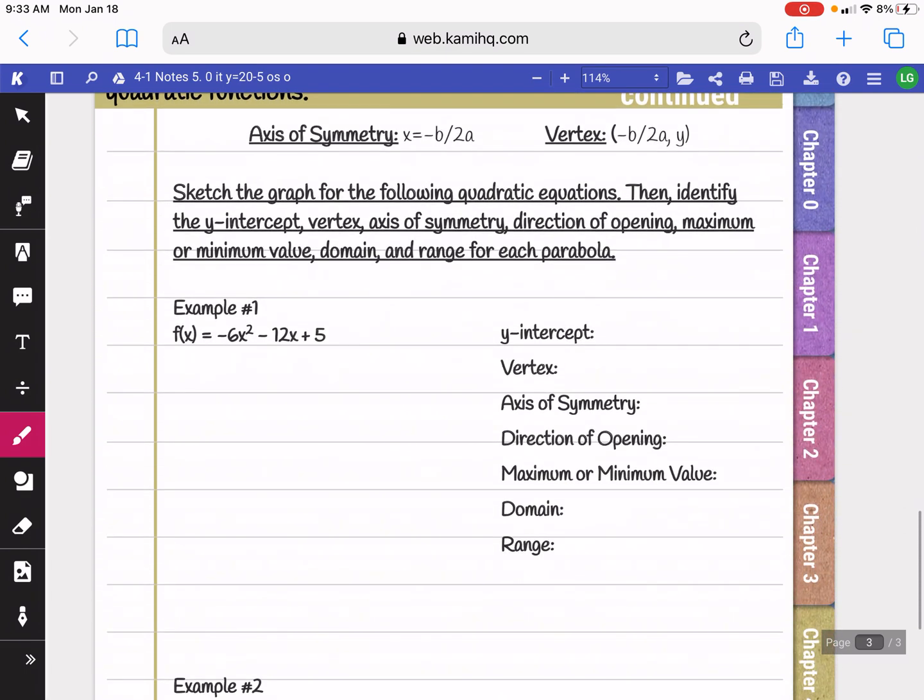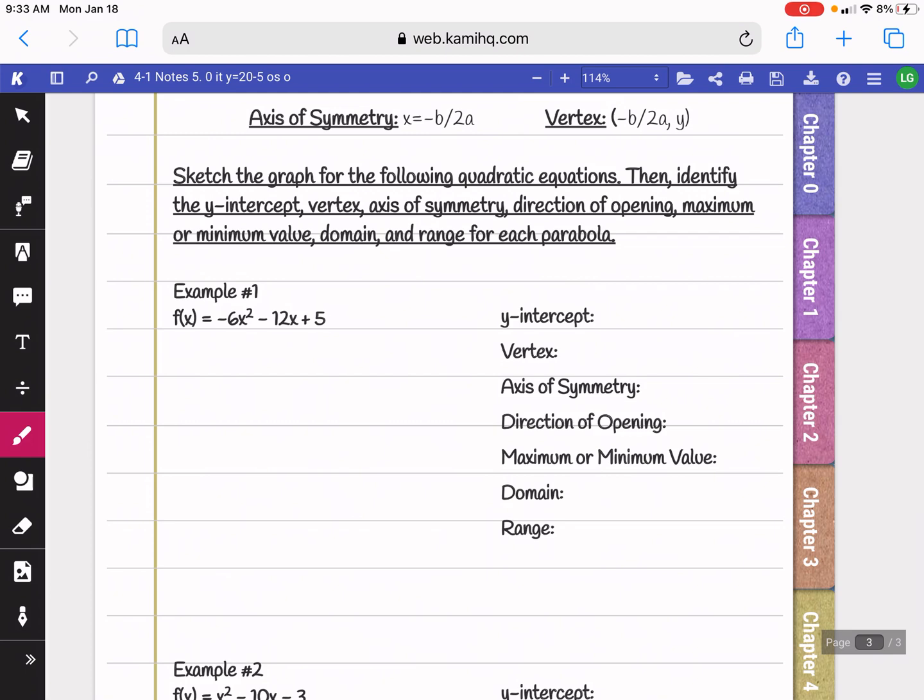A formula that you're going to be using a lot